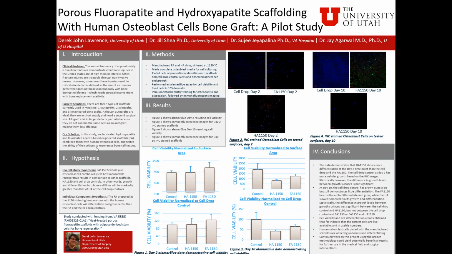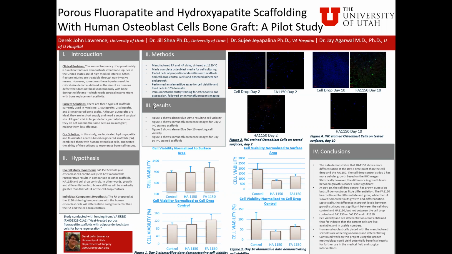And we fabricated these scaffolds, compared them to each other, as well as a cell drop control, which is just the osteoblast cells grown in a 24 well plate by themselves and with media. The cells were also grown on the discs, and we predicted that the FA would show the most significant growth in comparison to the HA and the cell drop controls, and would also show signs of differentiation into bone cell lines, so that we could see the bone growing and filling in the